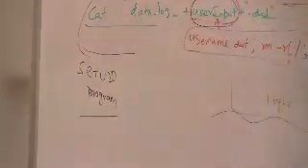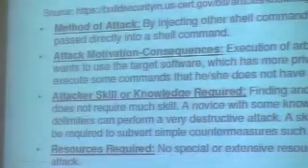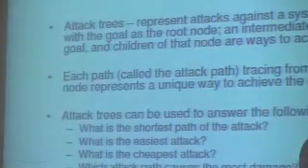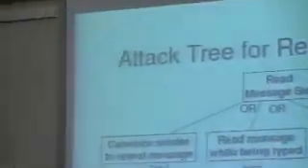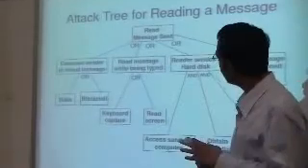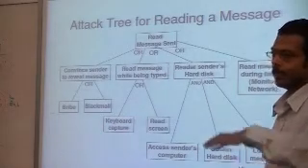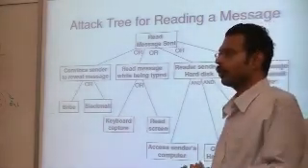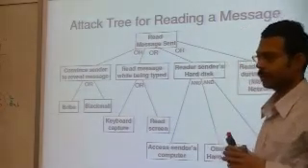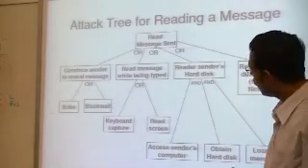So this is one way of documenting how an attack could happen given the context of the application. The other way, which is more graphic, is the attack trees, which you will probably like more. So let's look at an example here. You want to read a very sensitive message, let's say, which someone else has. There could be different ways you could try to read that sensitive message which you are not supposed to know or read.